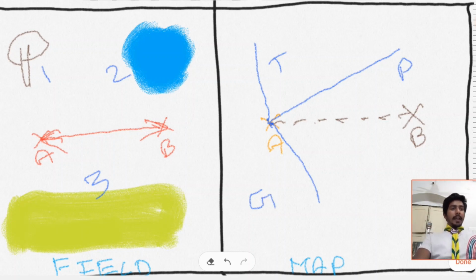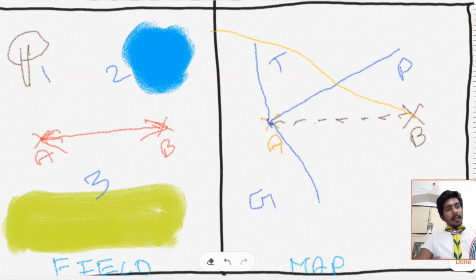Next, step number 5. When all the features are marked from point A, let us go to point B and mark the features similarly from point B. I choose a different color and point towards the tree and draw a straight line from point B. Sorry, the lines are not straight.